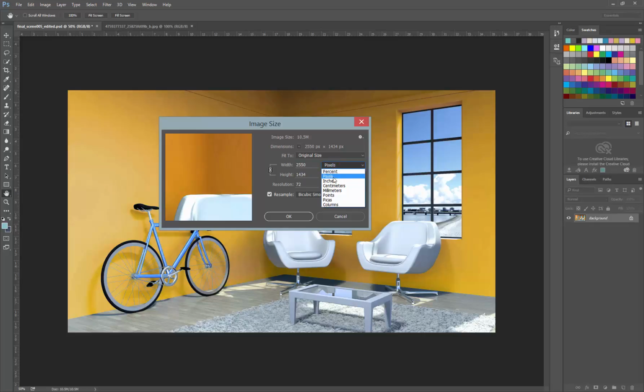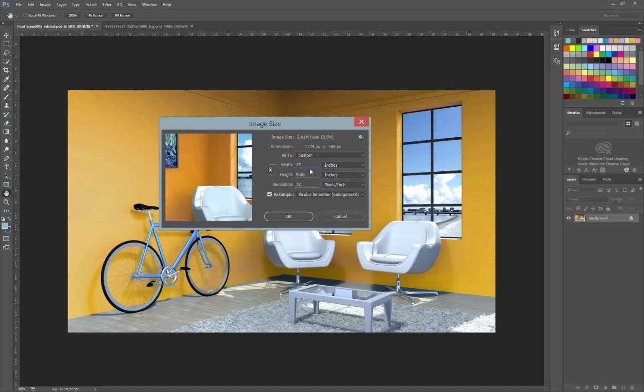So in this case, it'll be in inches. And when I switch it to inches, it's 35 by 19.917, but the resolution is only 72 dpi. So my paper is actually, let's say, an 8.5 by 11 or 11 by 17. So let's just say it's going to be 17 by 11,